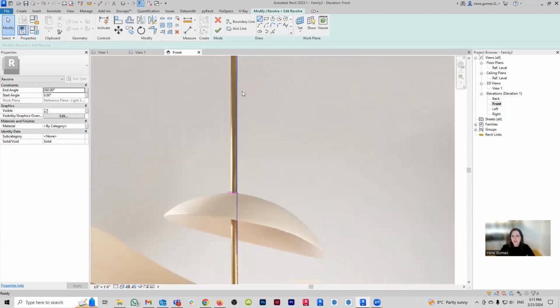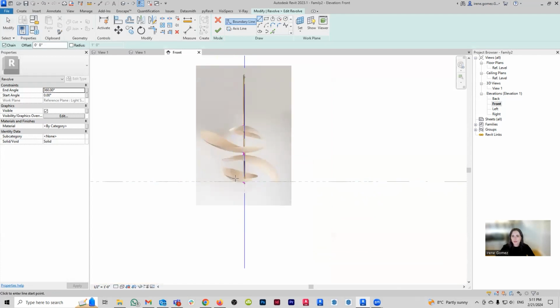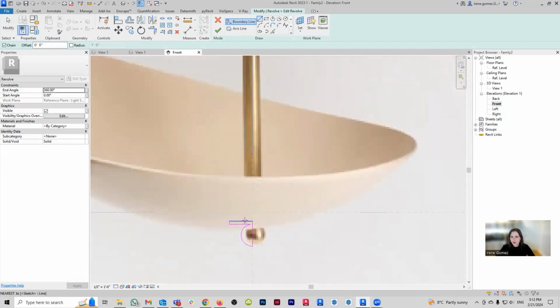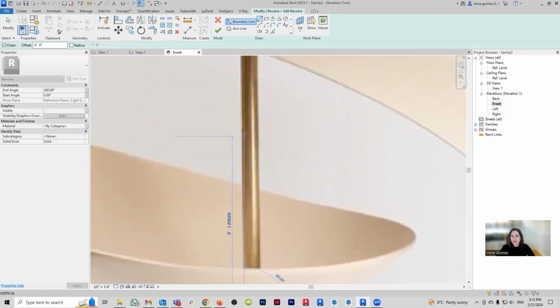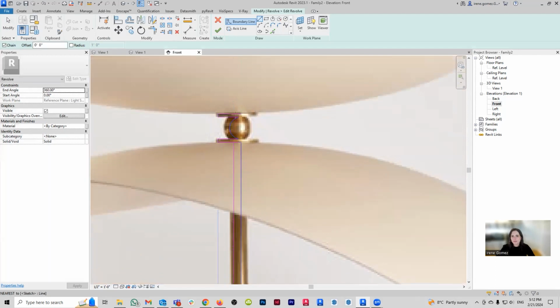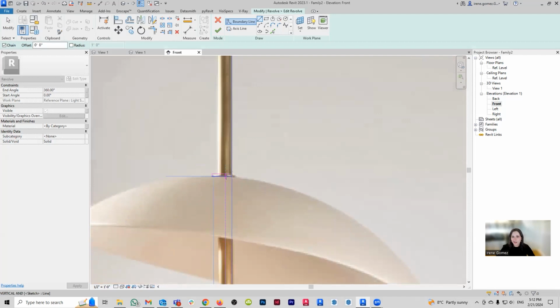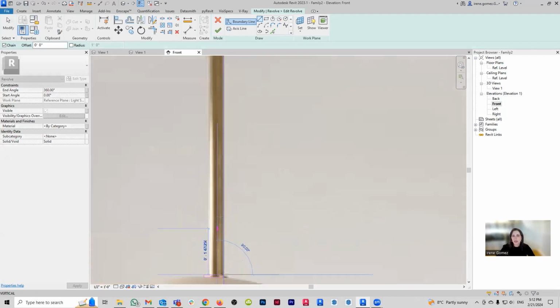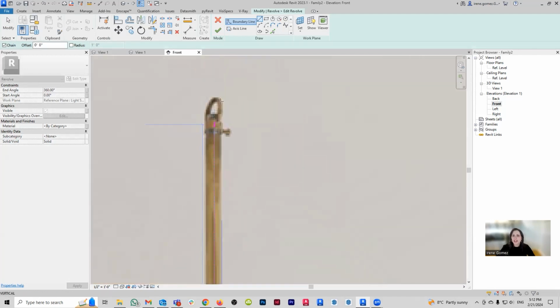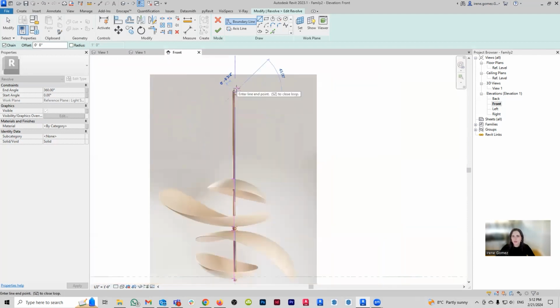And then what I'm going to do here is I'm going to finish drawing my profile. So let's say it's going to go over here, something like that. Again, the dimensions are a little bit off because the image is not perfect. The image is slightly tilted, so we're going to have to roll with the punches. We're going to bring it here. I'm going to ignore that detail. That detail is too small for me to care about it. So I'm just going to bring it down.